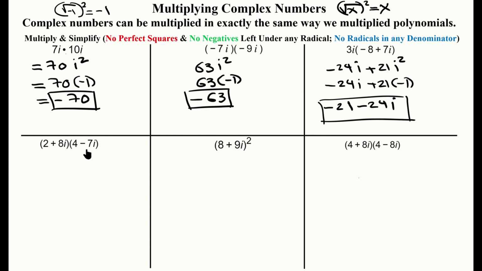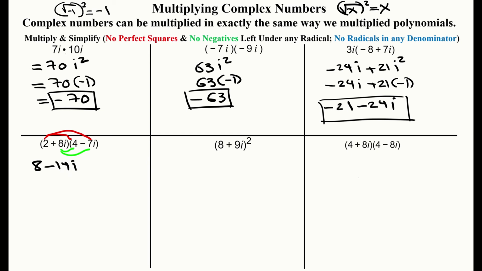Now here, we're multiplying two expressions. Each has two terms. So just like we did with polynomials, we're just going to do distribution one at a time. First, we'll distribute the 2. When we're done, we'll distribute the 8i. And then we'll just combine any like terms that may result. So distributing the 2 first, like this, and then we'll distribute the 8i like that, and then we'll see what happens. So when we distribute the 2, we get 8